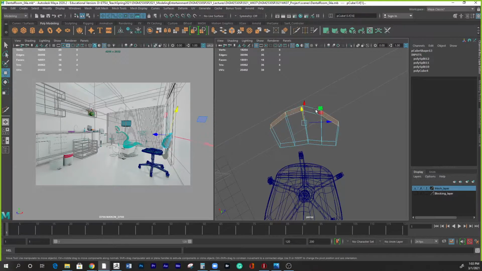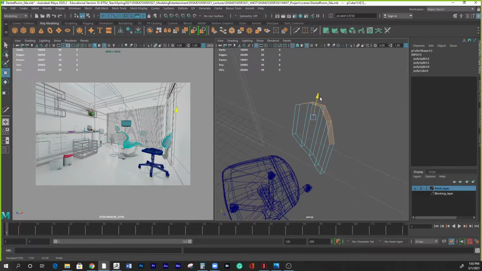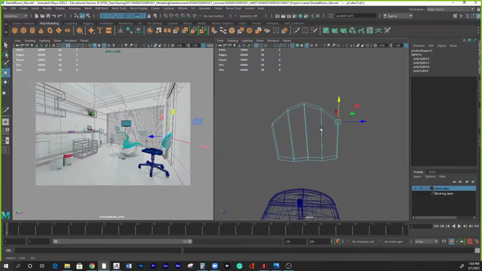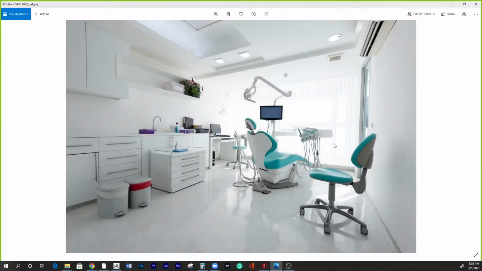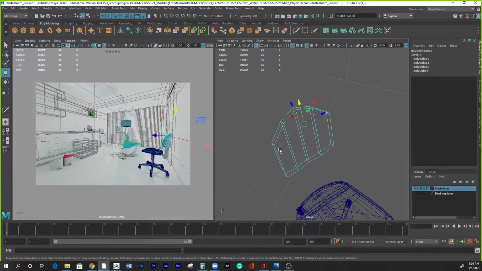Select faces. Here we go. Now, oops. Move on y-axis. Here we go. Actually, I feel like these sides are lower, you know, based on the images. If you look right there. Oh, maybe I was wrong about